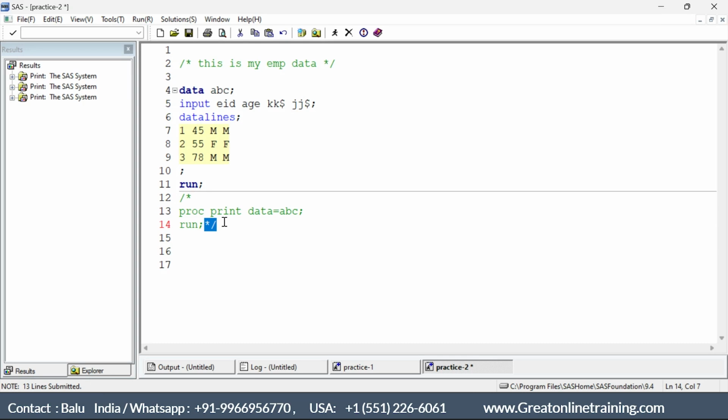Commenting lines play two important roles. One, it gives more details about your program. Another, you can comment a piece of code which you don't want to run. Okay, the shortcut for commenting lines: instead of manually writing slash with star and star with slash,